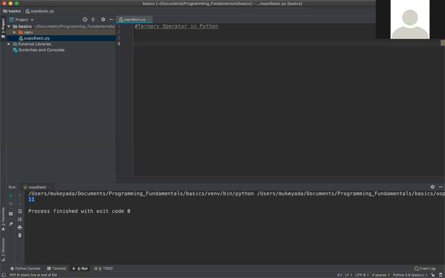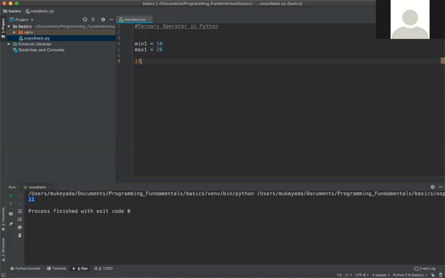Suppose, for example, I say one variable min1 equals 10, and max1 equals 20. I need to figure out which is the minimum value and which is the maximum value.